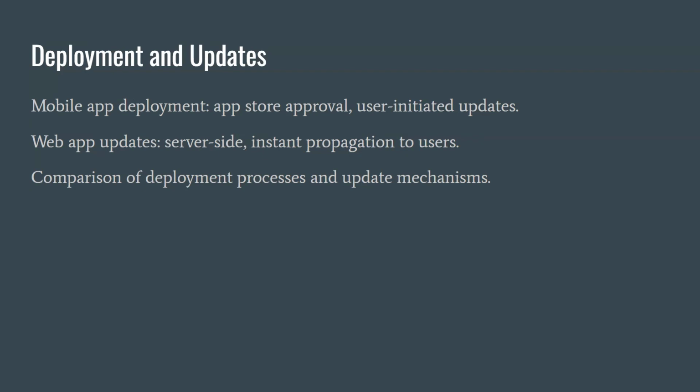If you're publishing an Android app, you need to get an approval from Google Play Store, and they can be stringent and time consuming. So users can only download after your app is approved. And even after your app is approved, users have to actively download